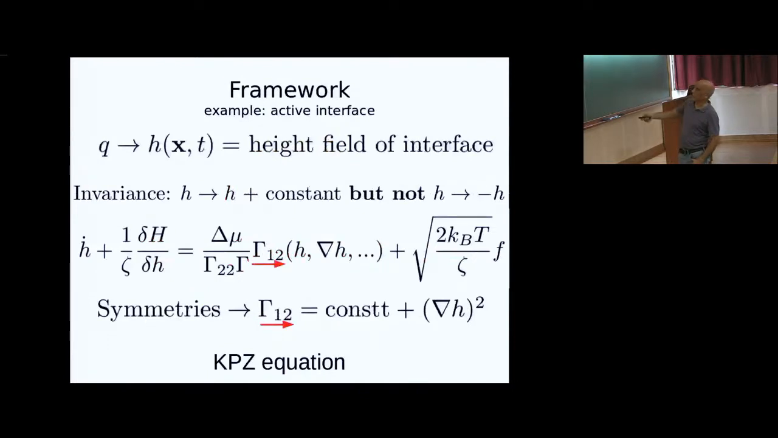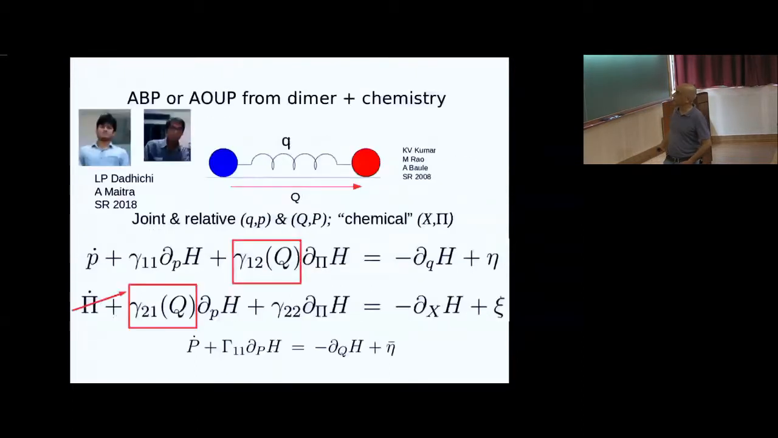So, as I said, for example, if q was the height field of an interface, you will get this equation. Imagine a slightly more complicated case where q and big Q are the center of mass and relative coordinate of a dimer. Then carrying out the same set of stunts and allowing the off-diagonal kinetic coefficient to depend on the relative coordinate here,